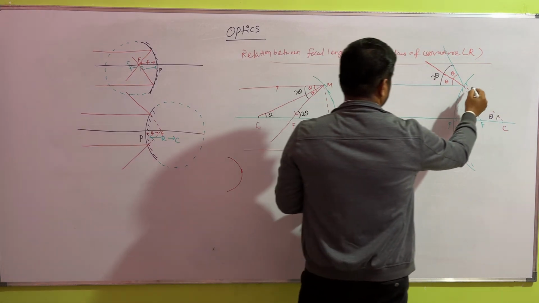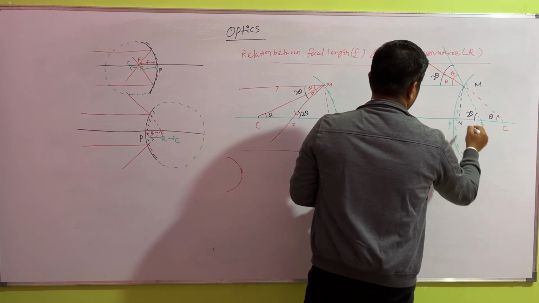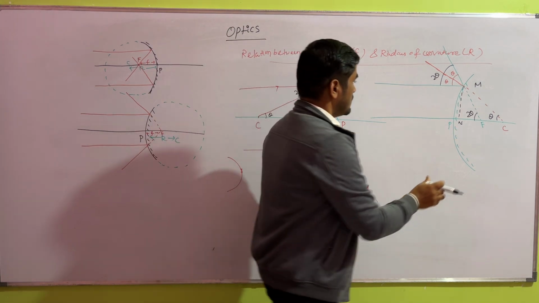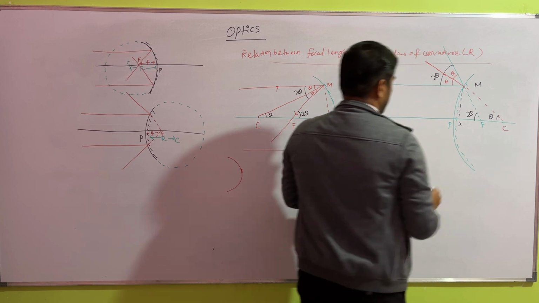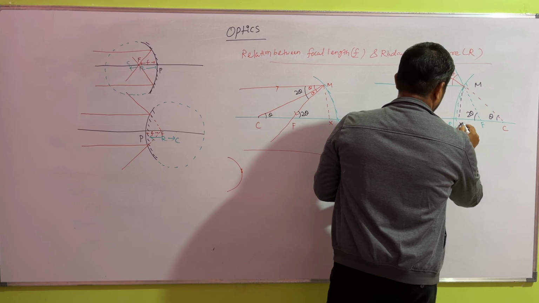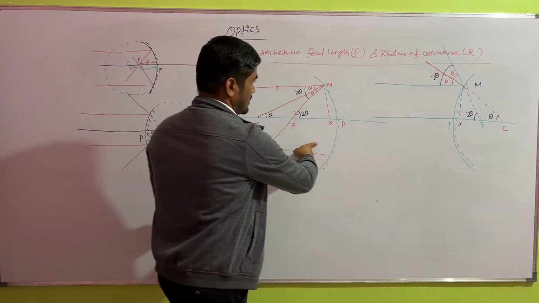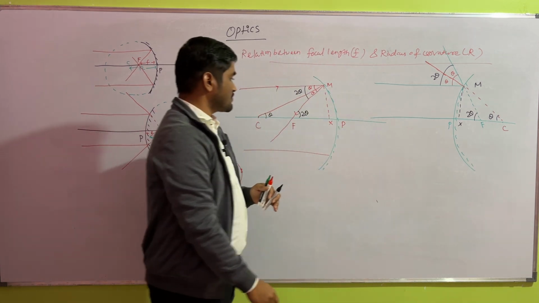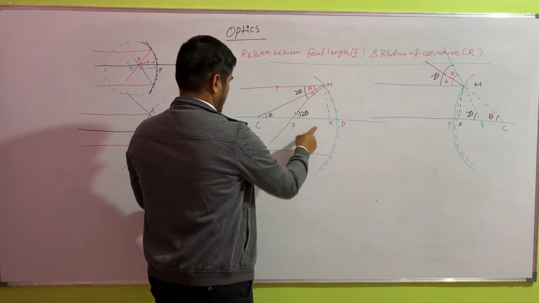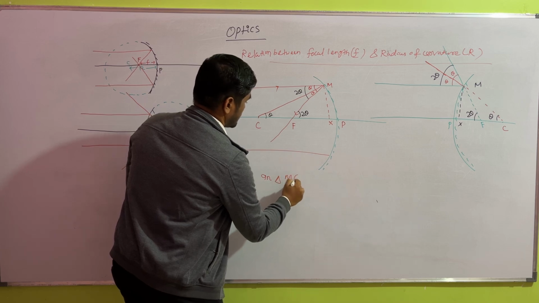Clear that this point is M, and you take this N normal to the principal axis. And for smaller aperture, P and this X coincide. X coincides with P. So this is for concave mirror and this is for convex mirror. And from the diagram, in the triangle MCX,